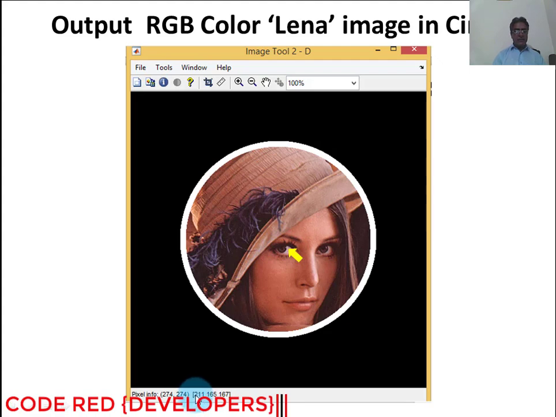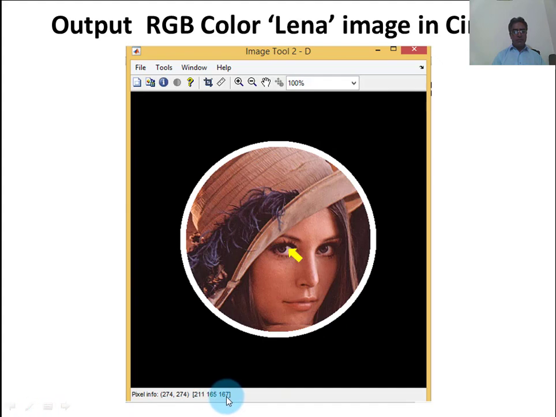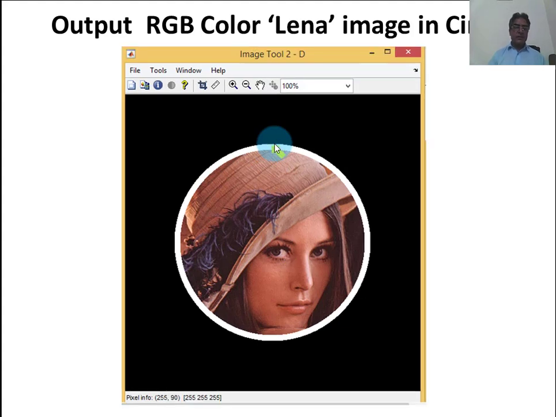So the red plane shows 211, the green plane 165 and the blue plane 167. When we move this cursor to the white circle position, which we have constructed ourselves in the program in the body of the loop using an if statement, it shows that the coordinate value is 255 and 90.